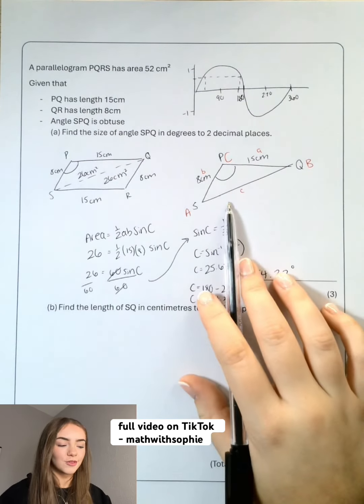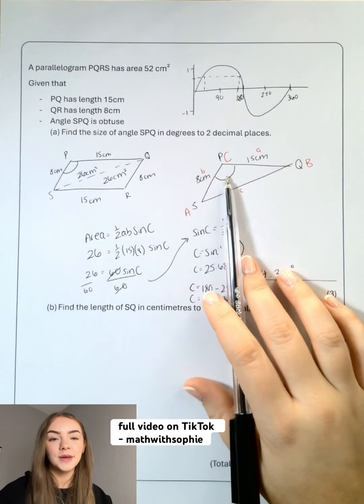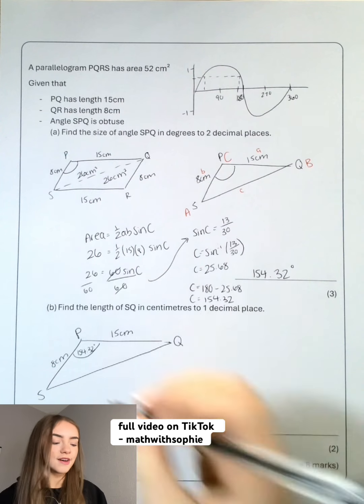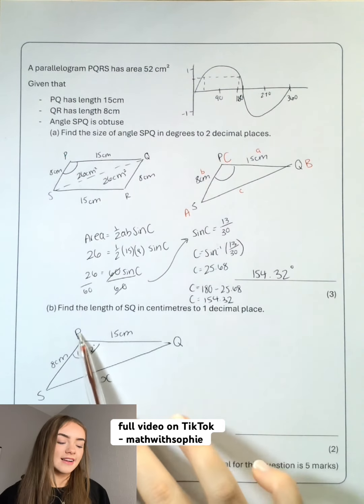And we can use the same triangle that we used in the first part, but this time we also know the angle SPQ. SQ is the side we want to find, so we'll label this as X. Since we have a triangle that involves all three sides and one pair of